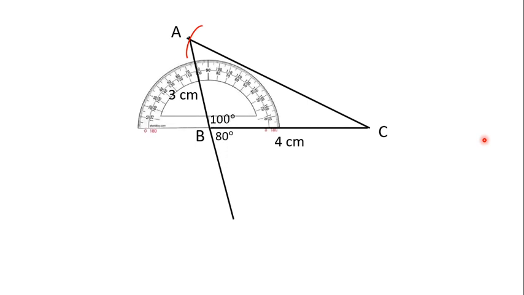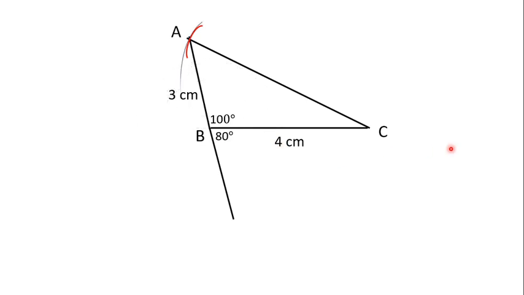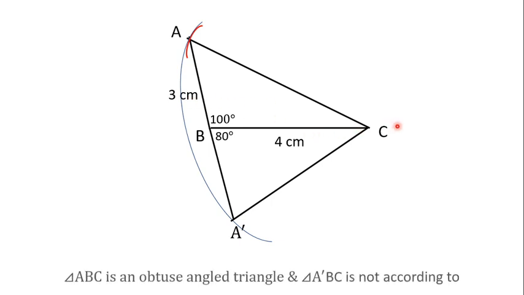Okay, so if you want, you can extend this AB line below. This angle B is 100 degrees. Therefore, definitely this is an adjacent angle of a linear pair. If you extend below, this has to be 80 degrees. So with 7 centimeters as radius, if you cut this arc below also, you will get the point A dash, and if you join A dash and C, you will get some other triangle wherein this triangle is not at all obtuse angle triangle. In other words, this is the only triangle given when two sides and not an included angle are given to us.